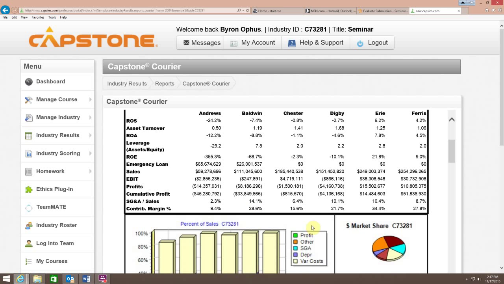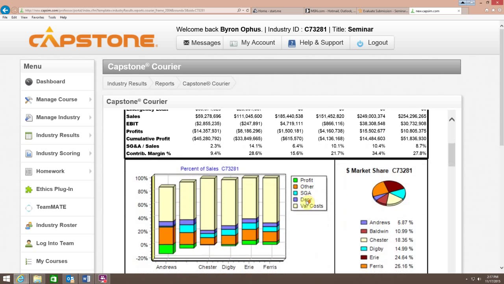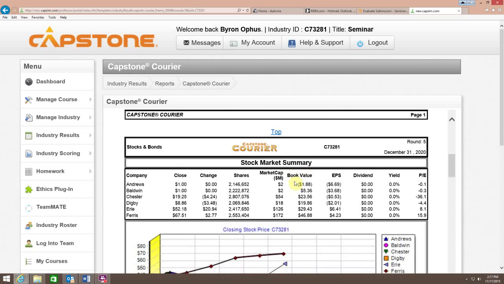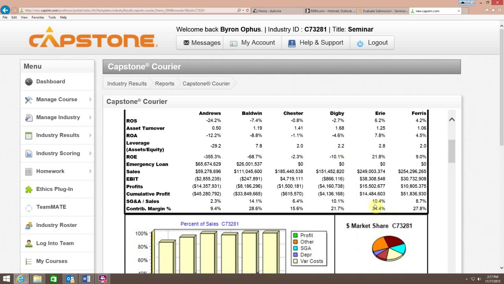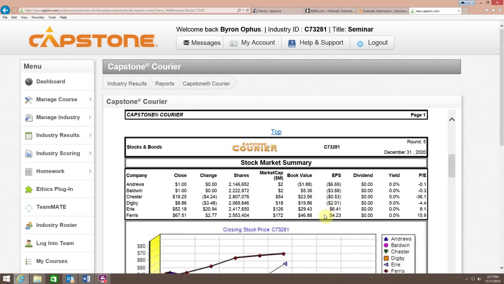It's one of the reasons I score the contribution margin in my score sheet. And I score it high because it's that important, right? Figuring out ways to get a few extra percent. And I'll tell you that by historical standards, 34.4% is low. And Erie may push this up higher. I would assume they will before the end of the game. But by historical standards at this point, that's relatively low, actually.